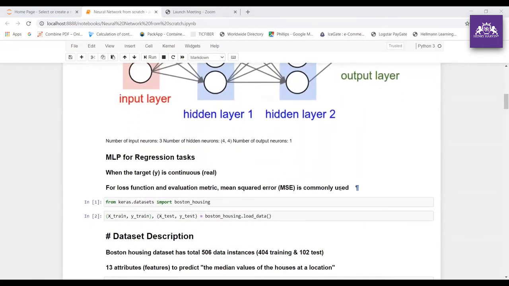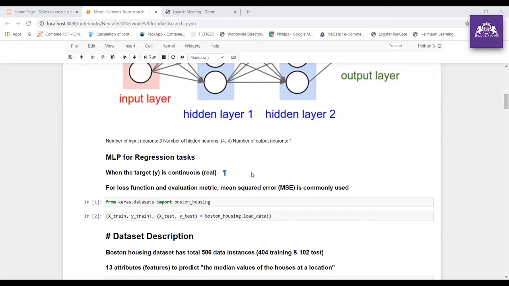Now let us see about regression. What is meant by regression? The target variable is continuous. What is the meaning of that? The target variable is numerical data. Whenever we talk about machine learning, there is supervised learning as well as unsupervised learning.